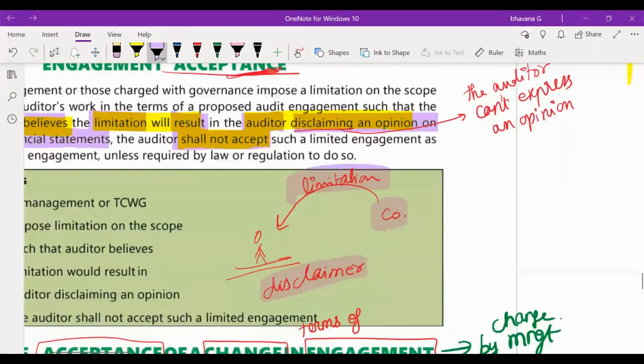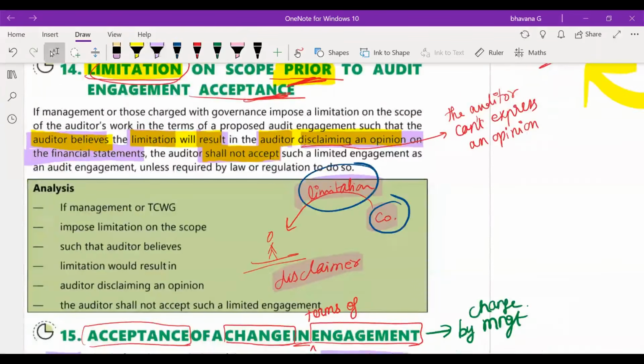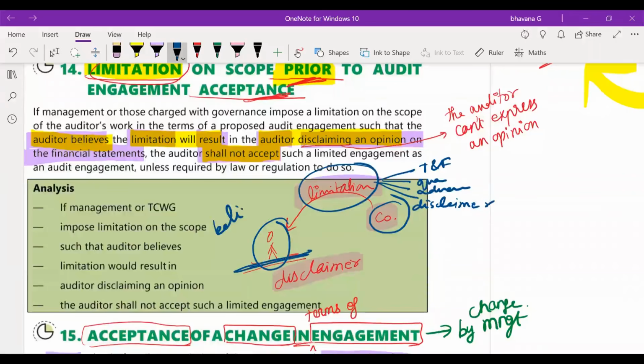So what this says is, the company might pose a limitation on the auditor. This limitation can cause 4 types of opinion: a true and fair view opinion, a qualified opinion, an adverse opinion, or a disclaimer of opinion. If the auditor believes it is going to give him a true and fair view, it's okay. If due to such limitation he would have to give a qualified opinion, it's okay. If he will have to give an adverse opinion, it's still okay. But the problem is only when he believes he will have to give a